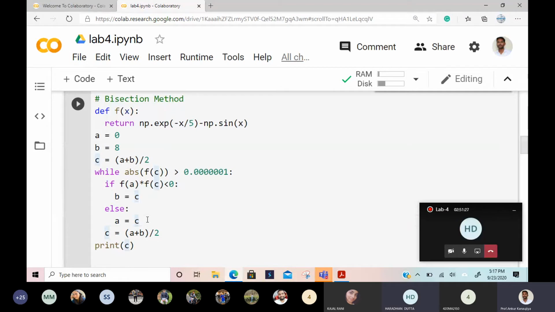In this example, the root is lying after the 4. This result is showing something like 6 point something. But whatever case you choose, it will work. The thing is that the initial interval must contain a root. Root must lie means it is already one positive, one negative. Both cannot be positive. You cannot choose that in the bisection method. That is the condition for bisection. Root must lie in the interval, then only you will start.